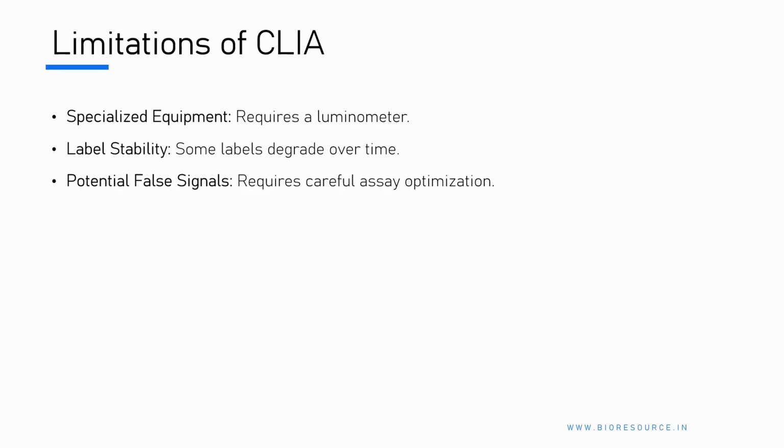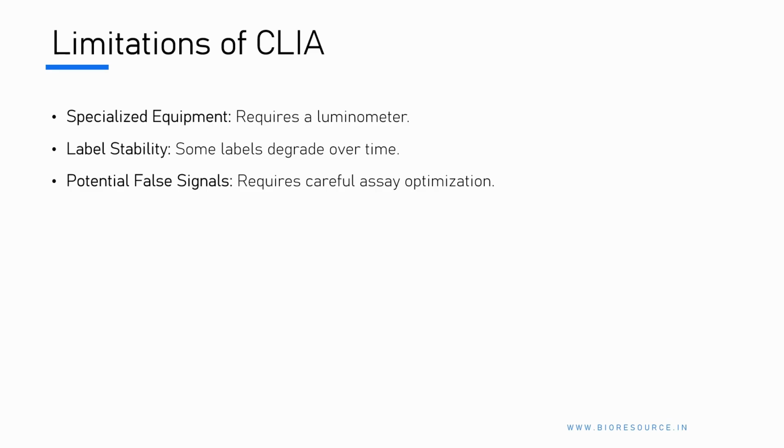And there is potential non-specific binding leading to false signals. Non-specific binding occurs when labels or antibodies bind to unintended targets, leading to false positive or false negative results. The chemiluminescent signal is highly sensitive, meaning even minor cross-reactivity can generate misleading data. While CLIA remains a powerful tool, understanding and addressing these limitations will ensure more reliable and reproducible results